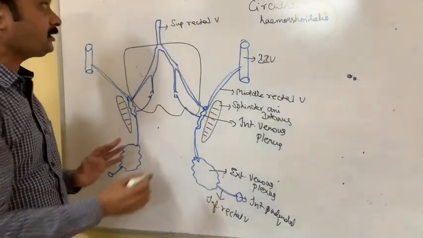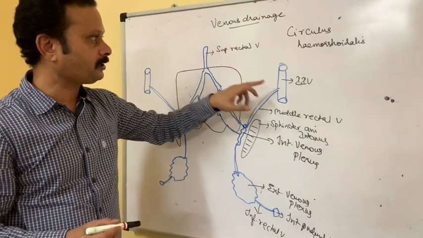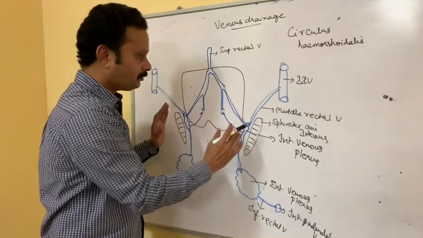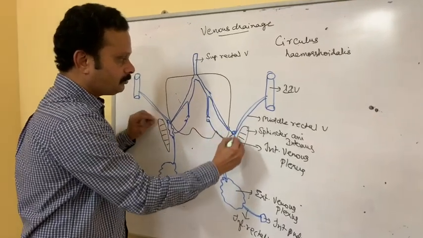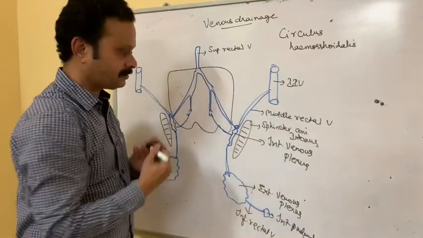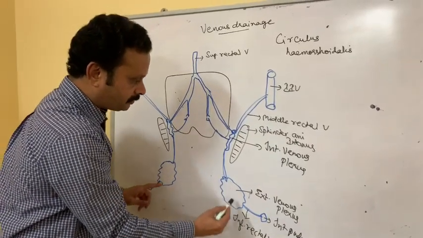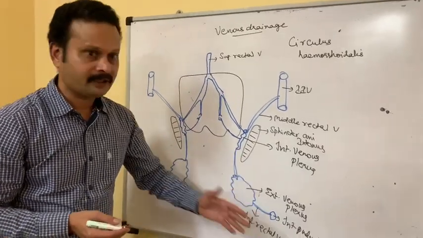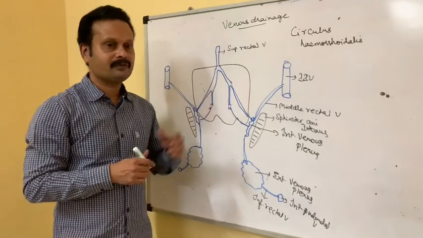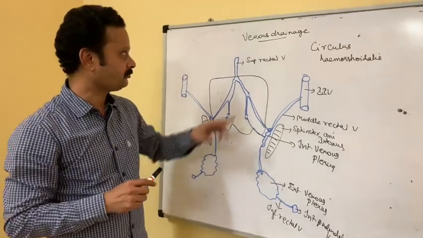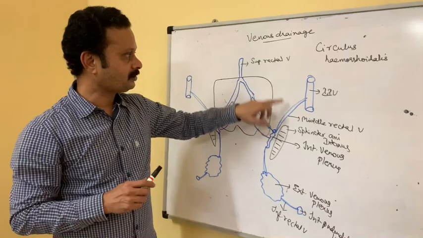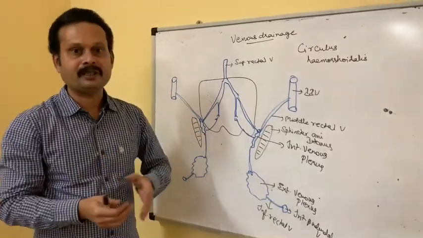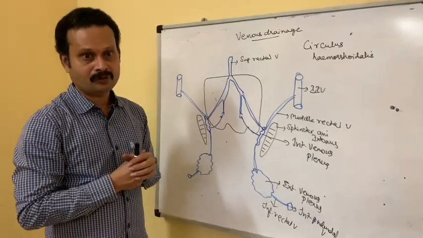So basically the venous drainage is by the superior rectal vein, middle rectal vein and inferior rectal vein. The superior rectal vein and middle rectal vein drain through the internal venous plexus, and the inferior rectal vein through the external venous plexus. The importance of these veins is, as you already know, that they form an important site of portocaval anastomosis, the superior one belonging to the portal system and the other two belonging to the caval system. So the wall of the rectum and anal canal forms an important site of portocaval anastomosis,